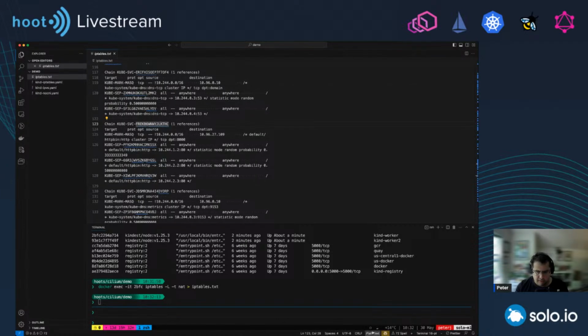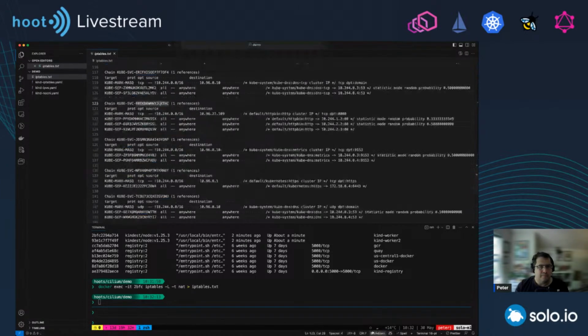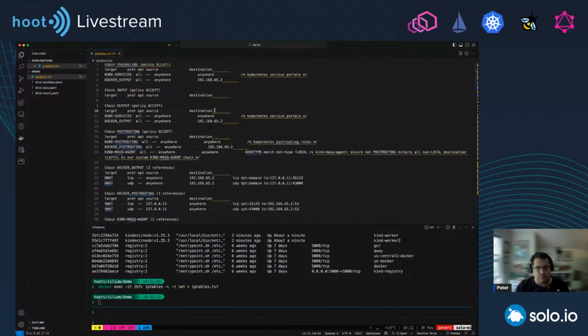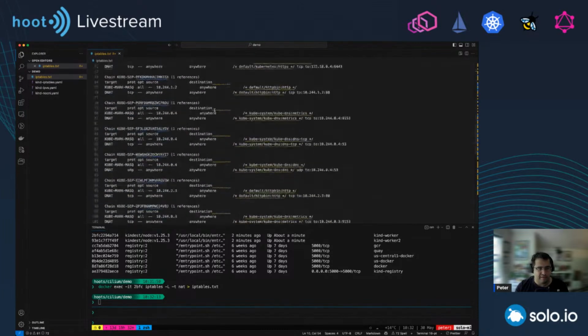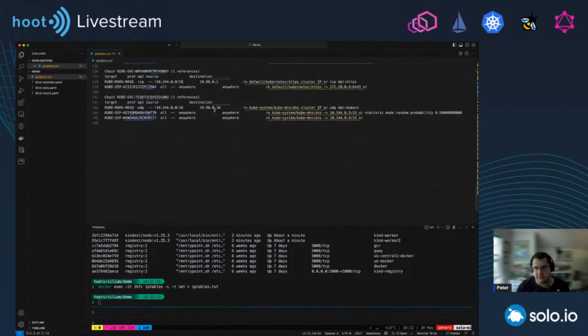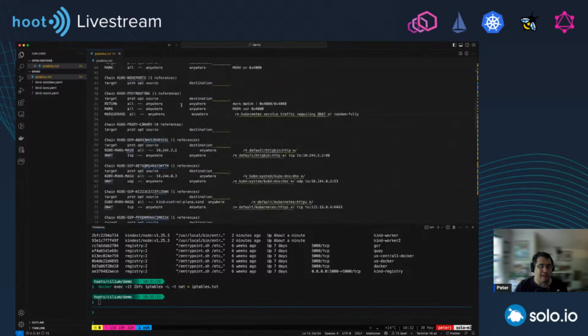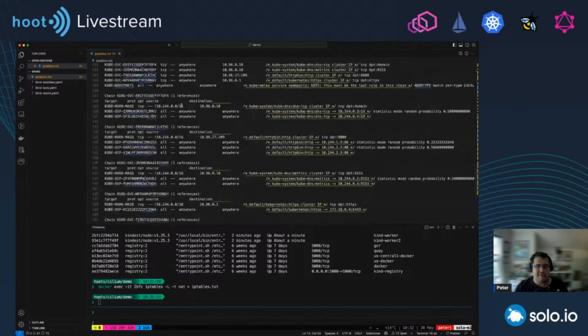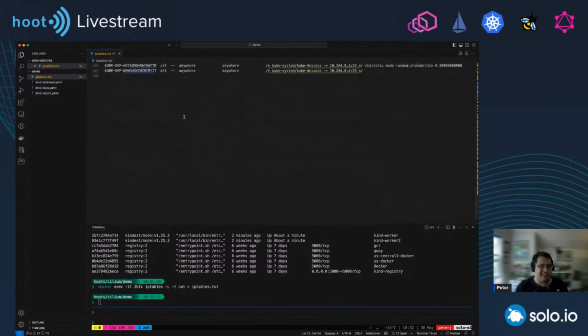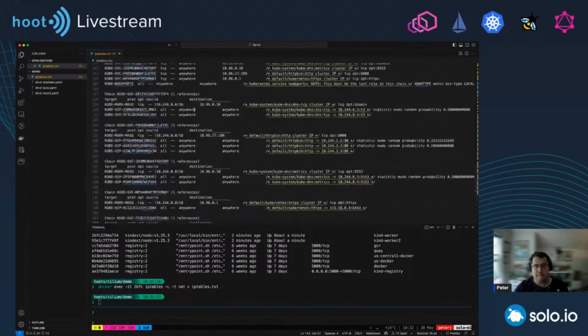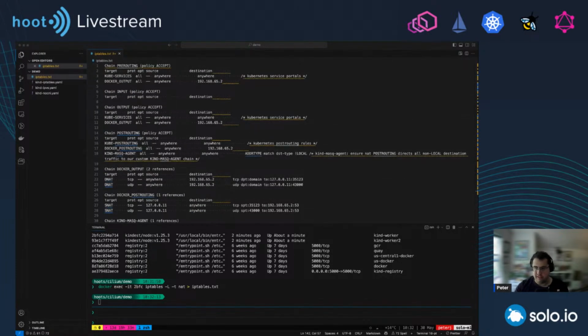This is all of the rules on that one node, for basically 3, well, 2 in this case, because we only have two of the workloads running on that same node. But this is how it looks, right? So there's not a lot of workloads, but there's a lot of text here. So you can imagine how this looks if you have 1,000 services or 5,000 pods or workloads, for example, right?